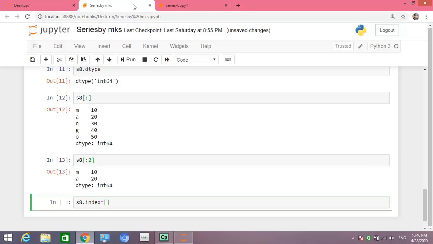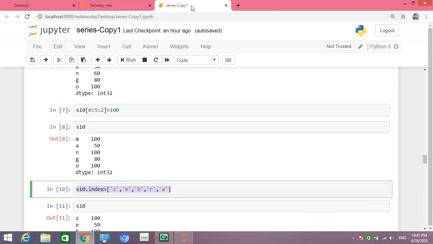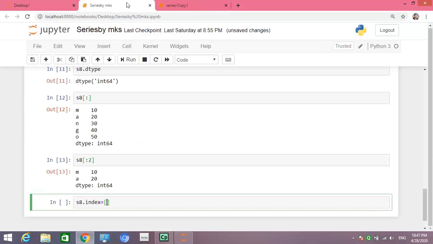We have given the index in the S8 series as the letters of mango. We want to give another word, so we can write like this.